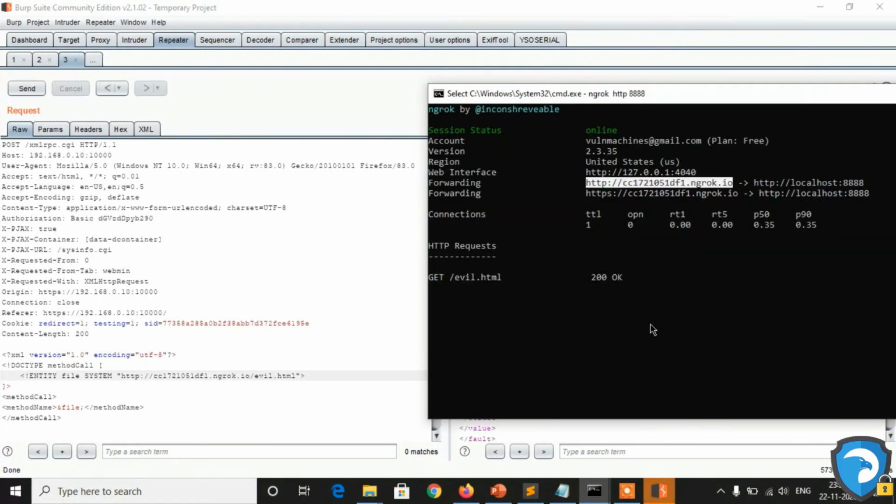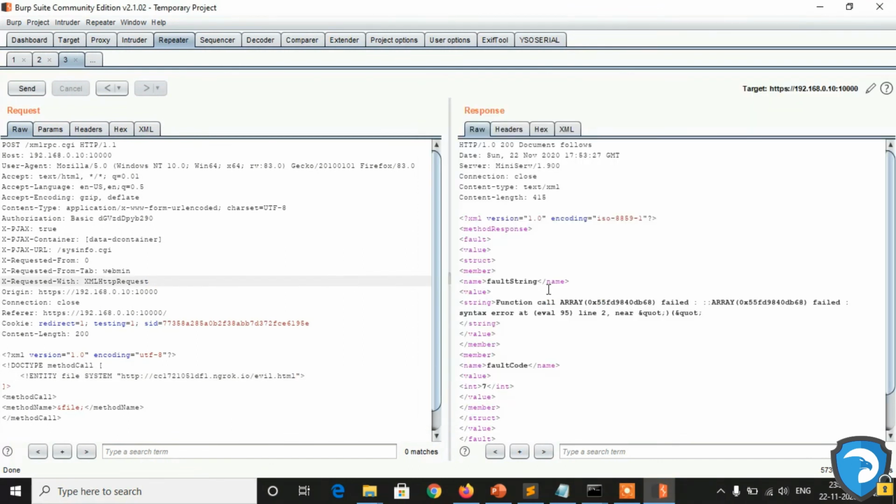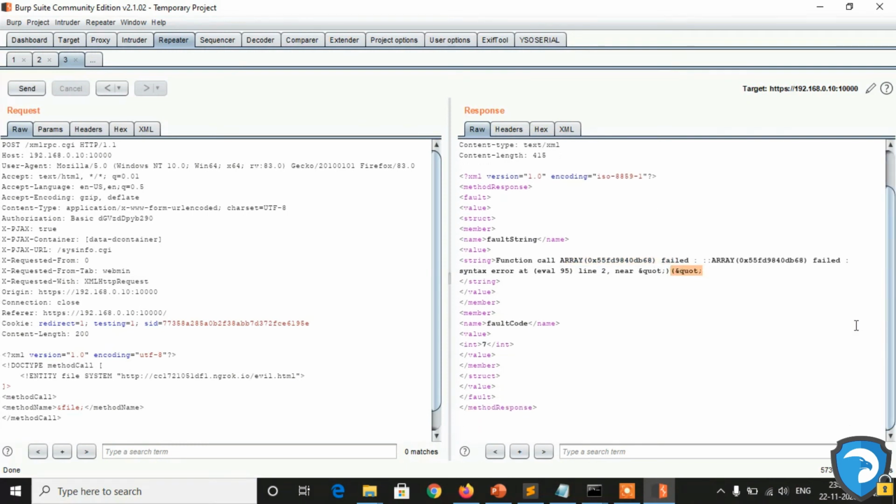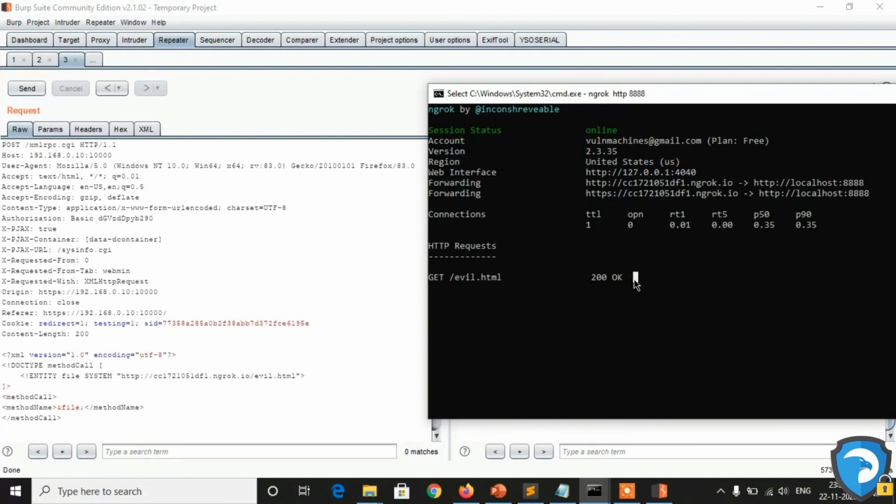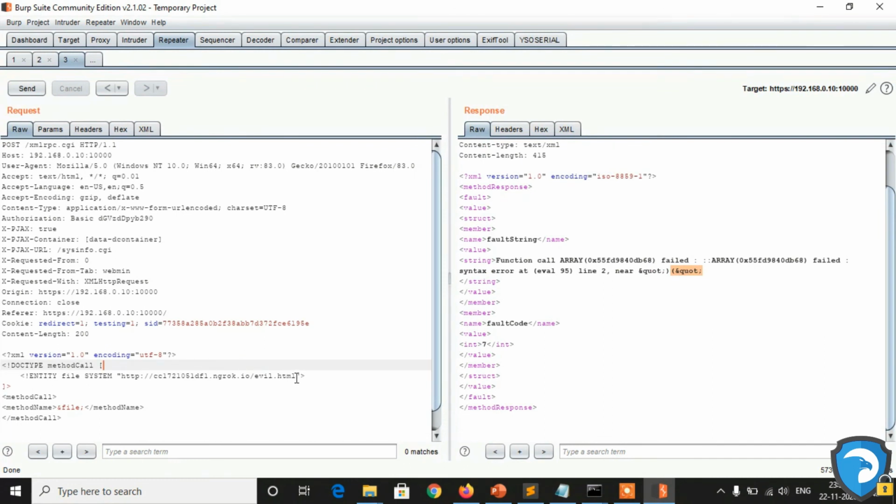As you can see, we got a 200 OK response on the ngrok server. That means the server has executed this file. So this is a simple example of SSRF using an XXE attack.